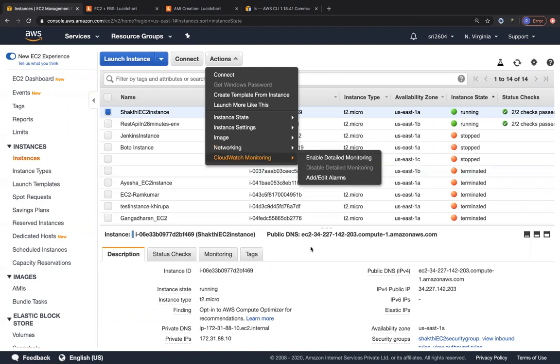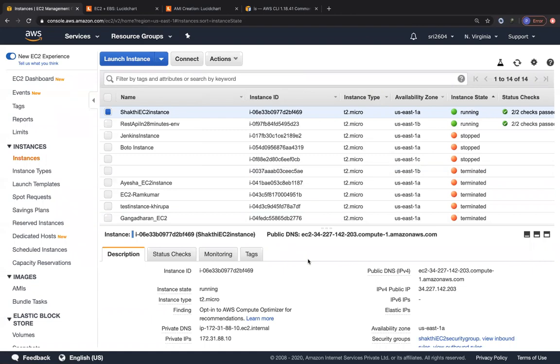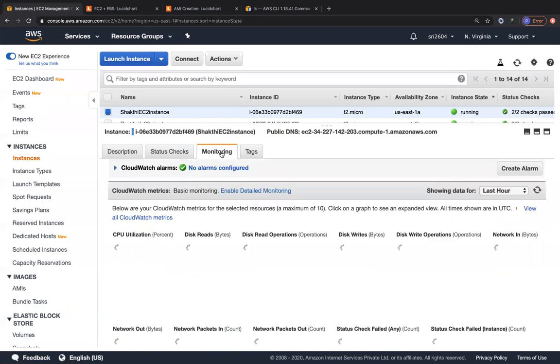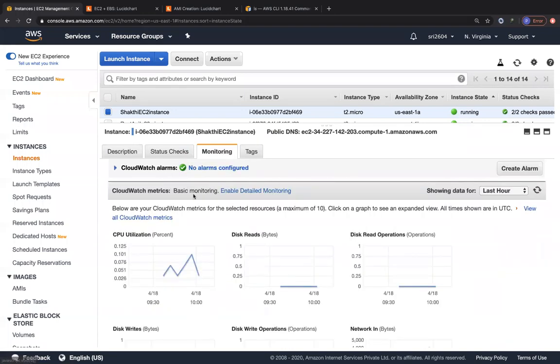Okay. Now going to the monitoring aspects of an EC2 instance, you can just click on monitoring down here. You can see that by default you get basic monitoring from CloudWatch. This basic monitoring from CloudWatch gives you metrics at 5-minute granularity. Yeah, sorry, I don't know how to pronounce that word. So it's granularity. Yes, it's 5 minutes of granularity that you can get for all of these metrics.